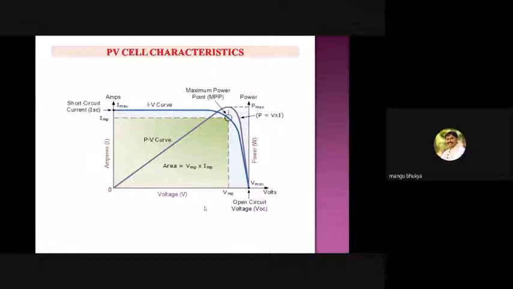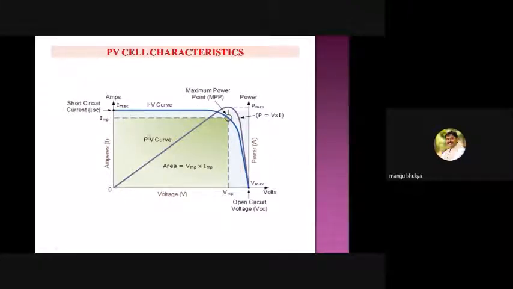Now if you see the power versus voltage characteristics, power is nothing but the product of the current drawn from the panel and the voltage across the panel. Here the voltage is 0 and the current is maximum, so the product of the current magnitude and the voltage magnitude is 0. As voltage increases, current remains almost constant, so your PV cell behaves like a constant current source, delivering constant current.